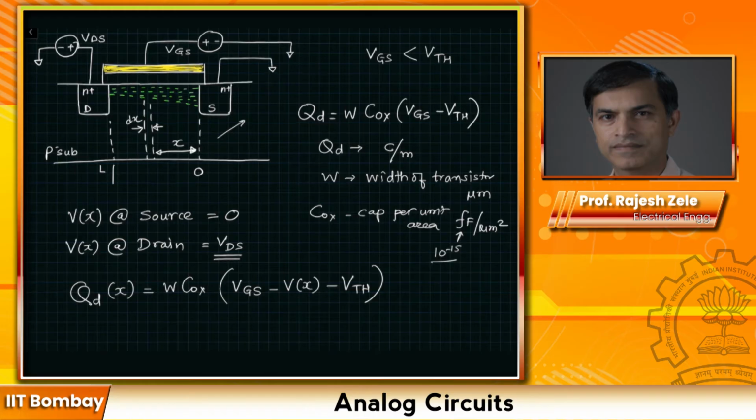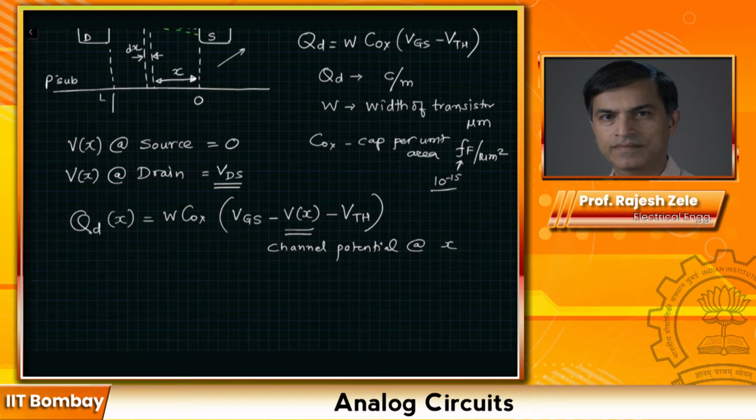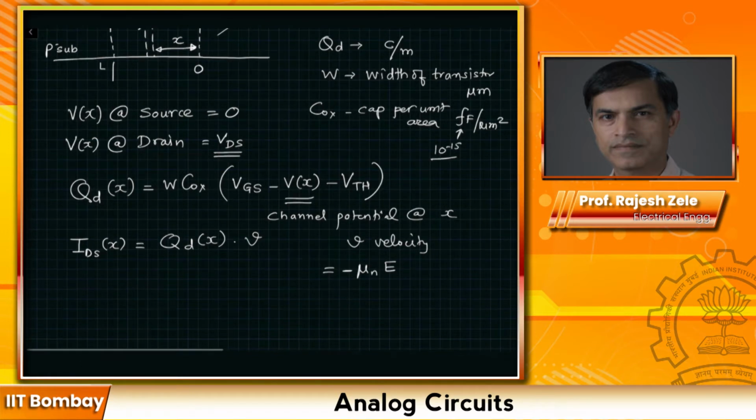Vx is the potential at a distance x away from the source region. This is the channel potential. Based on this, the drain to source current IDS at x is given by QDX multiplied by the velocity of the carriers V, and velocity V, specifically for electrons, is given by minus mu n times E. E is the electrical field, and the electric field in this particular case is given by minus